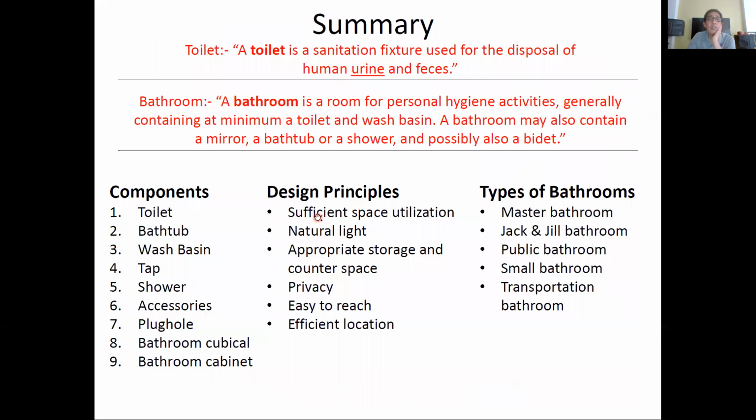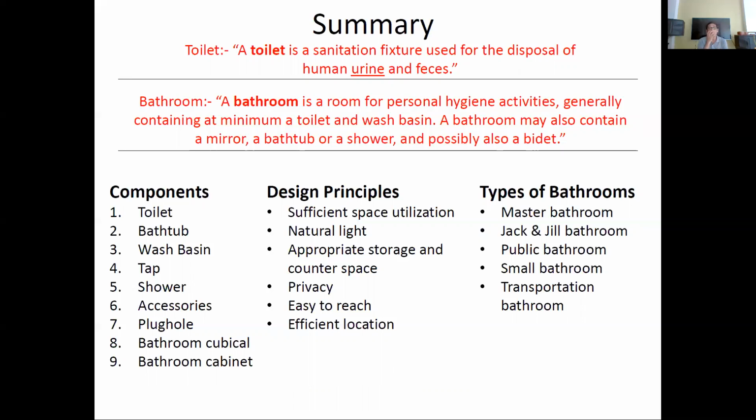So the summary: a toilet is a sanitation fixture used for disposal of human urine and feces. A bathroom is a room for personal hygiene, usually containing a minimum of toilet, wash basin, and mirror, bathtub, or shower. The components of a bathroom and a toilet are bathtub, wash basin, tub, shower, accessories, plug hole, bathroom cubicle, or bathroom cabinet.